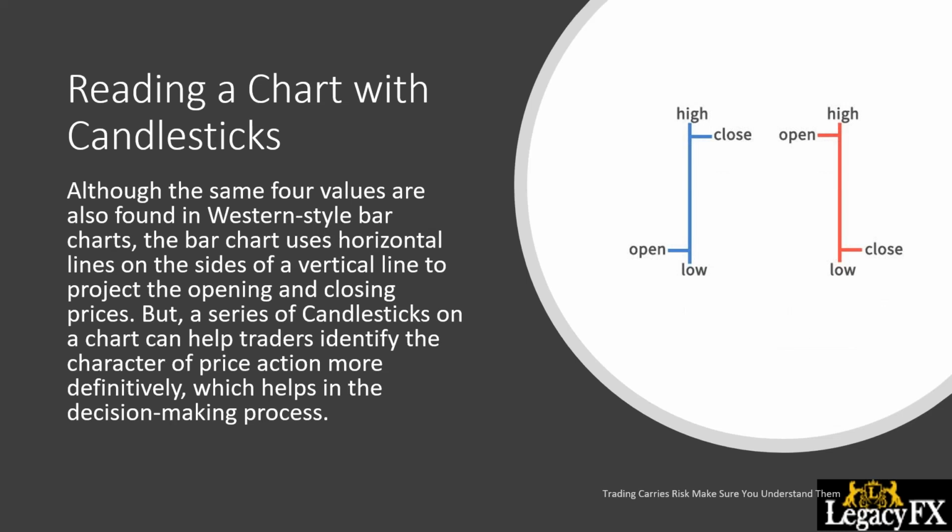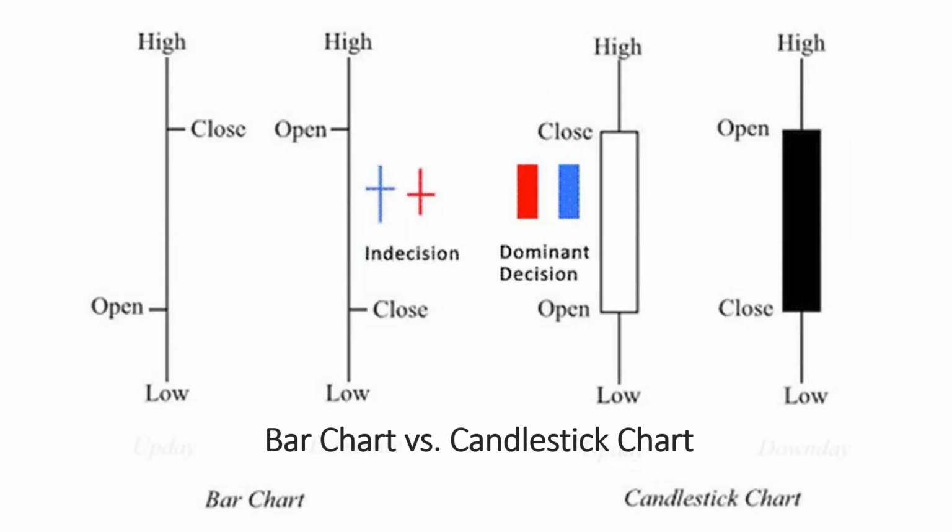So although the same four values are also found in bar charts, the bar chart uses horizontal lines on the side of vertical lines to project the open and closing, but a series of candlesticks on the chart can help traders identify the character of the price action more definitively. So remember, the open, the high, the low, and the close are always exactly the same. They don't change by chart type. They don't change by method. But the fact is today, it's so easy to use multiple charts